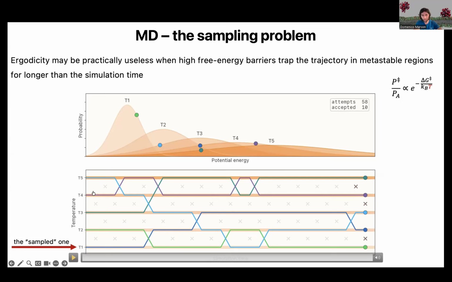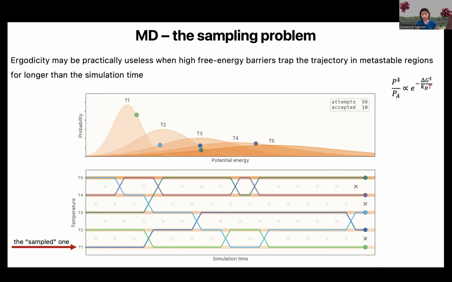So once this configuration reaches here, it is able to explore the configurational landscape more freely, and then it's cooling down here. And so probably here, this configuration is at a different minimum than the one that started here or the one that is over here. And so you are exploring more of your free energy landscape without having to distract it. And this is very, very nice, but also very, very limited, because here we are just exploring